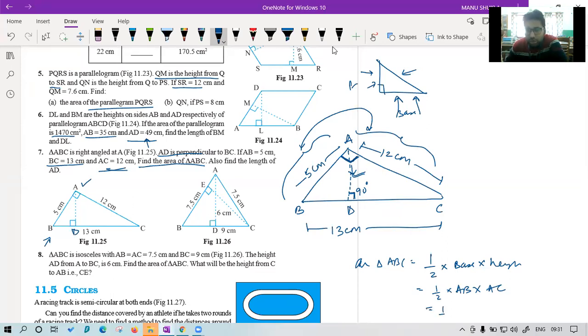Put the values. Half. AB is how much? 5. AC is how much? 12. 2 sixes are 12, 5 sixes are 30 centimeter square. If you had taken BC as base and AD as height in the first place, you couldn't get the answer because AD is unknown to you. Are you able to understand this, class? If you take BC as base and AD as height,